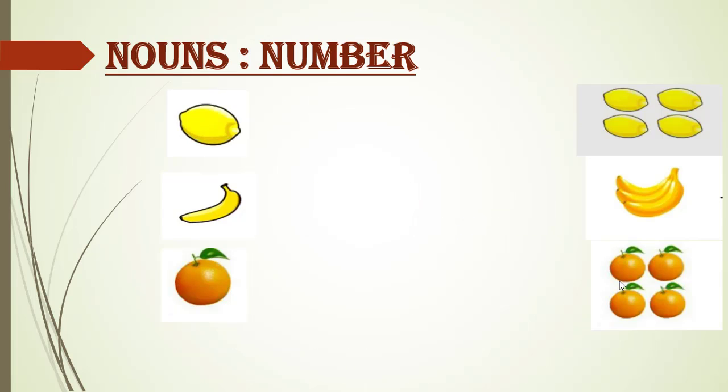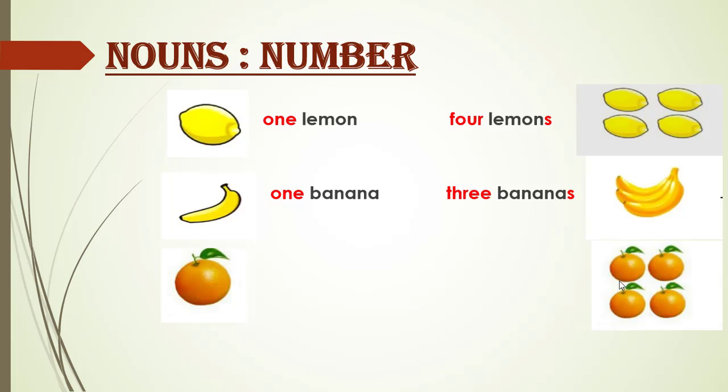In these pictures, हम देख रहे हैं कि एक साइड पे सिंगल सिंगल चीजें हमें नजर आ रही हैं और दूसरी साइड पे more than one है. Here is one lemon and four lemons. हमने lemons को plural किया by adding s at the end of lemon. One banana and three bananas. One orange and three oranges. We made plural by adding s at the end of these words. So,